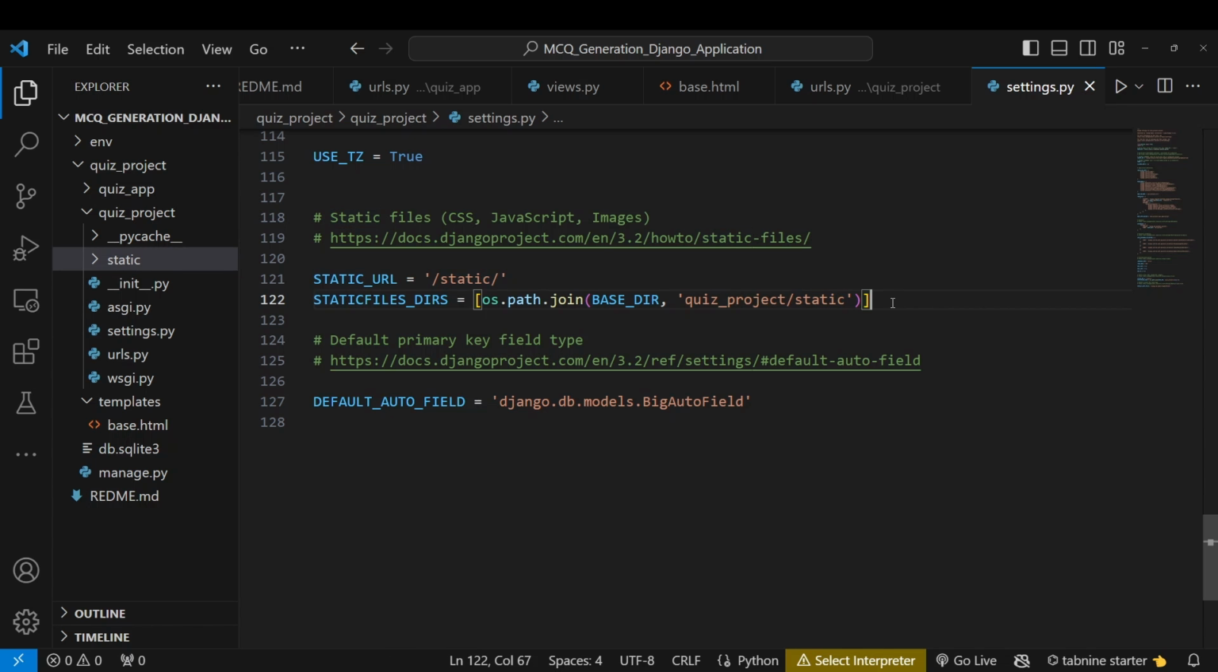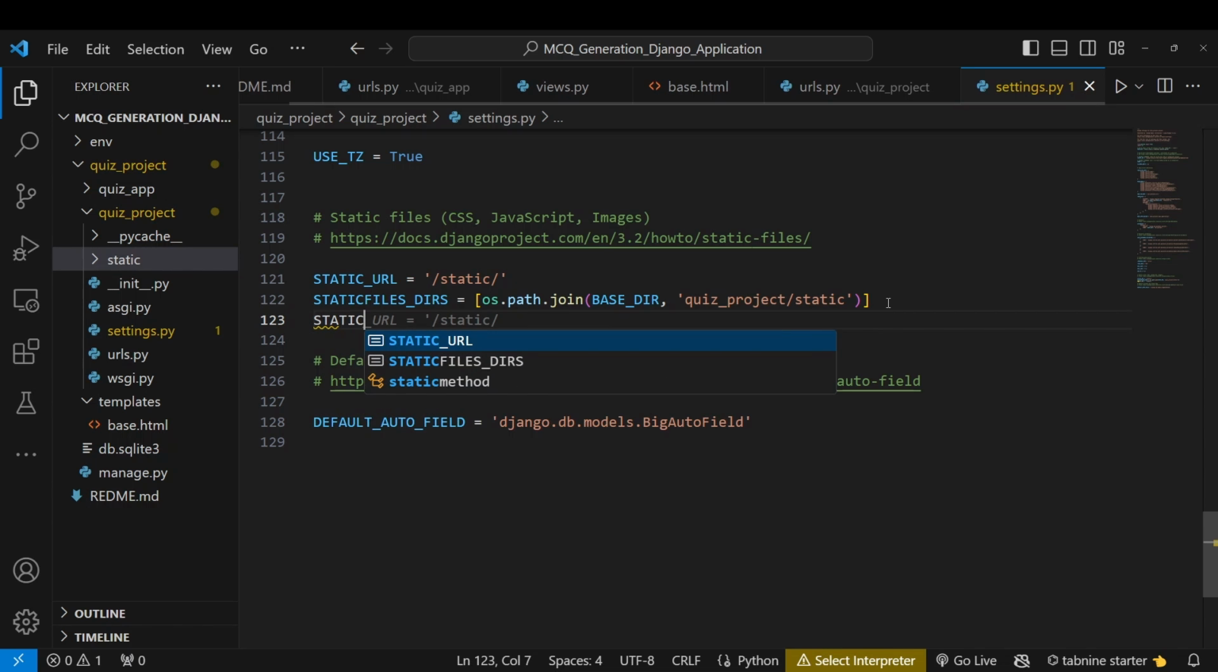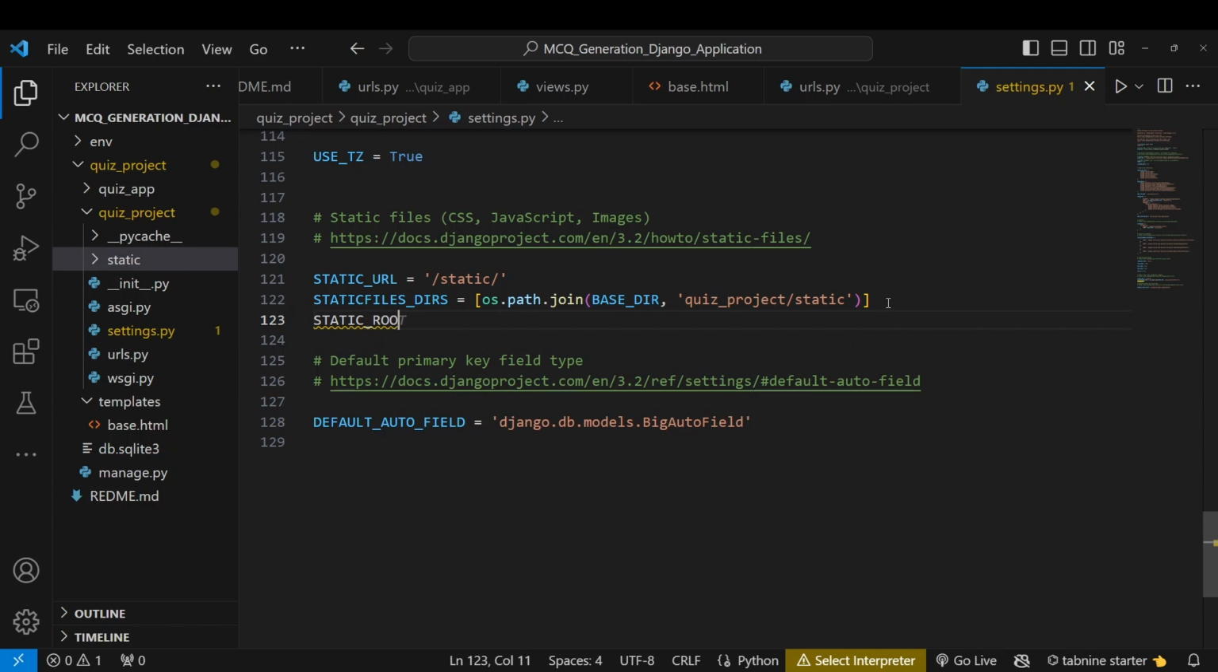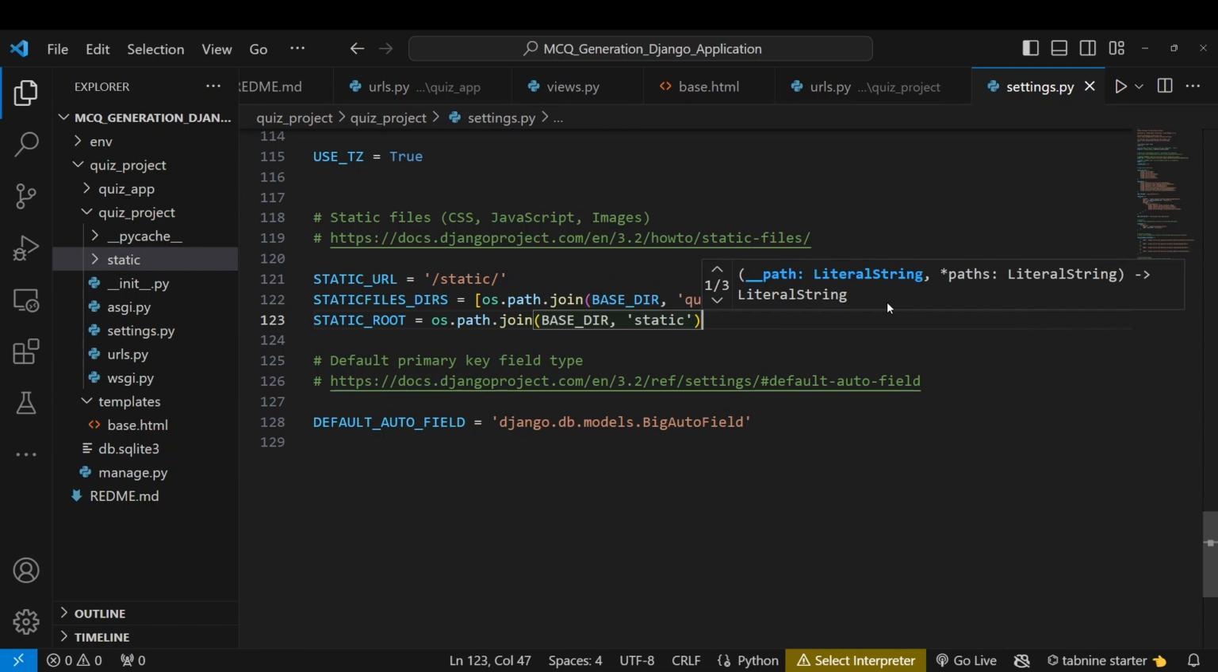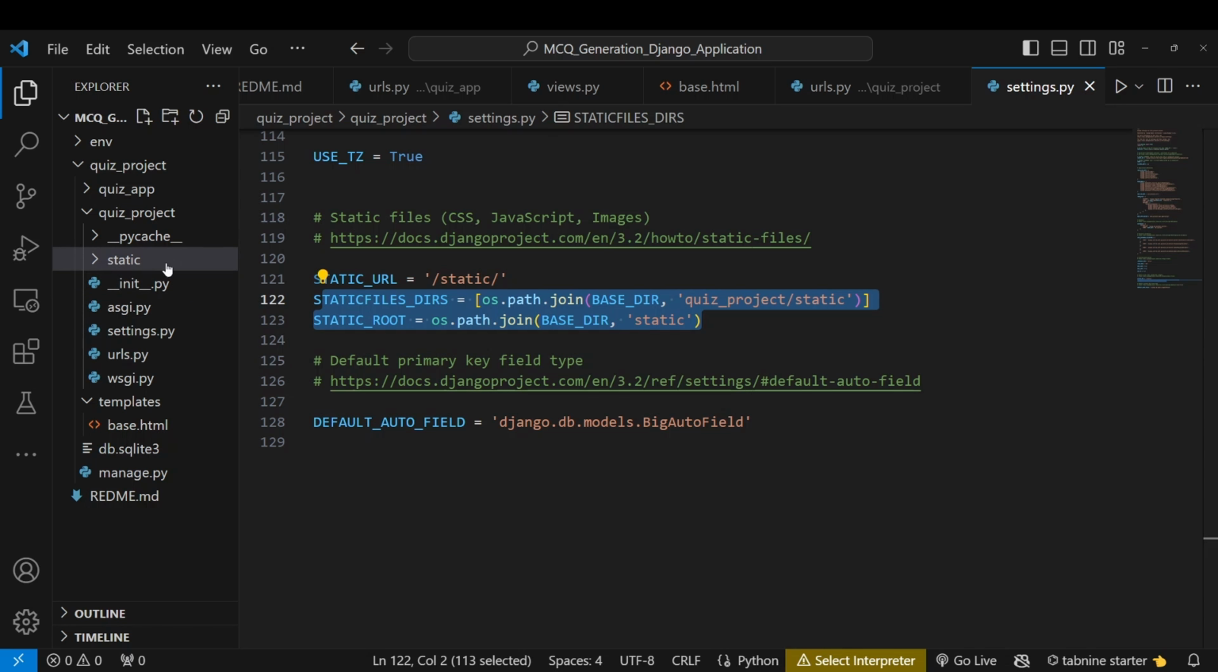Now let's try to define a root. Again I'm going to create static_root equal to os.path.join, and here we can call our base directory and our static directory. With the help of these two lines of code we are able to access our static directory, and later we can write the complete code under this static directory. Now let's try to run our complete application, but before that let's write the complete code under our